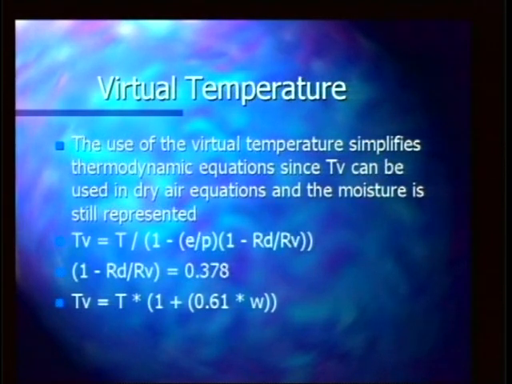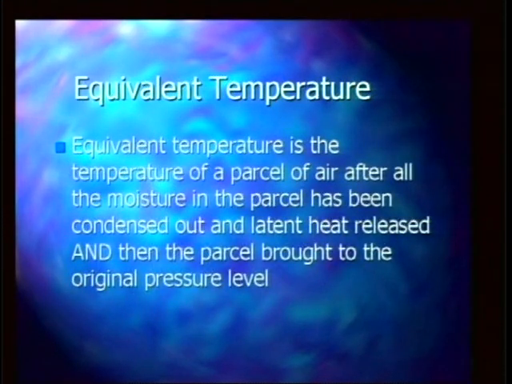We have the virtual temperature is equal to the temperature times 1 plus 0.61 times the mixing ratio. So if you know the mixing ratio, which is an indication of the moisture in the air, multiply that by 0.61, and that mixing ratio will be in kilograms per kilogram, so it'll be a small number. So you'll add 1 to a small number, so the number will be a little bit greater than 1, and multiply that by the temperature. It needs to be in kelvins also to determine the virtual temperature. Next, the equivalent